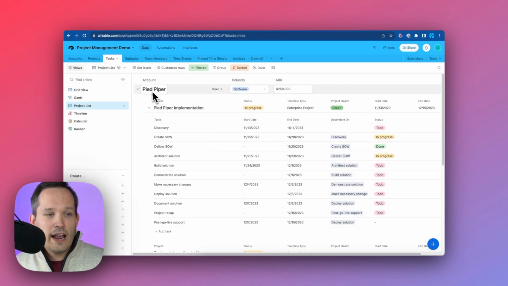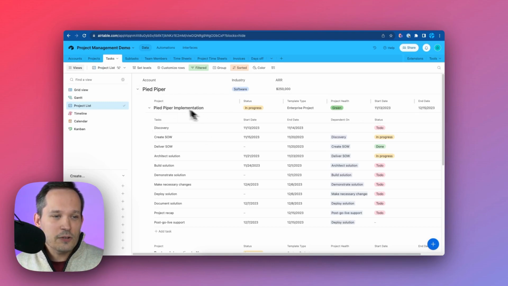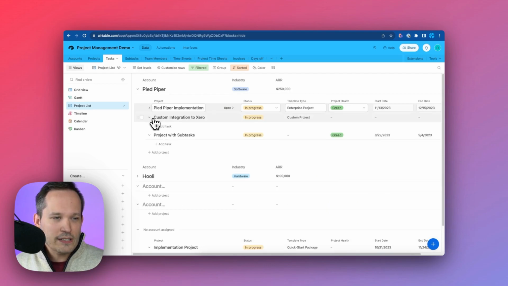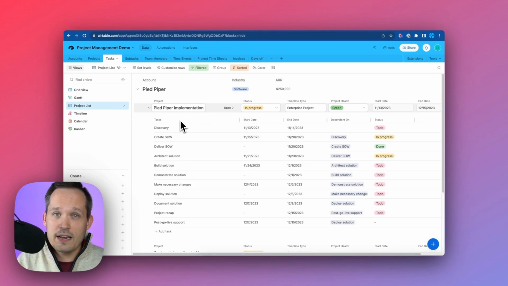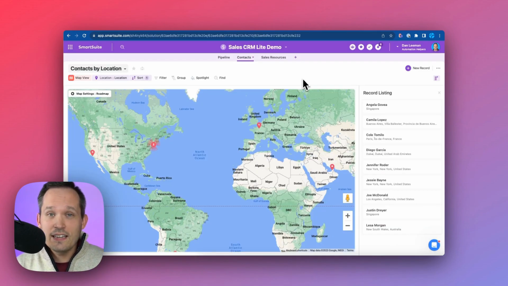So for example, we could have some account information. We have our account record, and for that account, we have multiple projects, and for each project, we have tasks underneath that. So that's really helpful to help us organize our information. Now, Smartsuite has a designated map view, so you can geocode information and display it on a map. It's possible to do this within Airtable, but you're using extensions to be able to do it rather than an